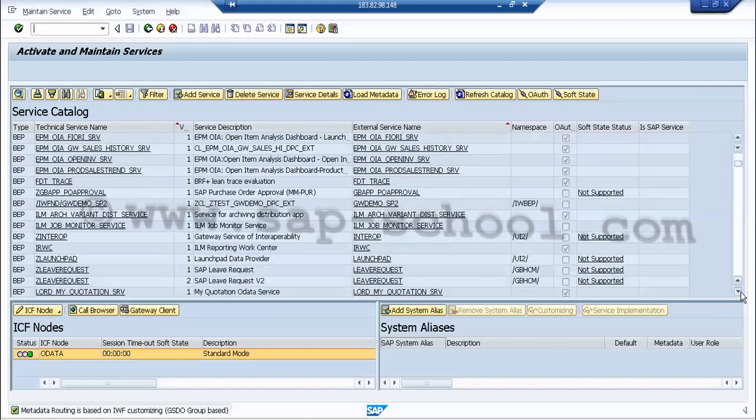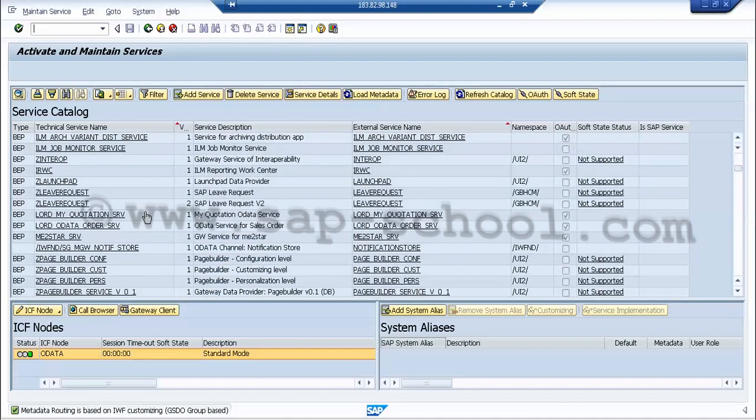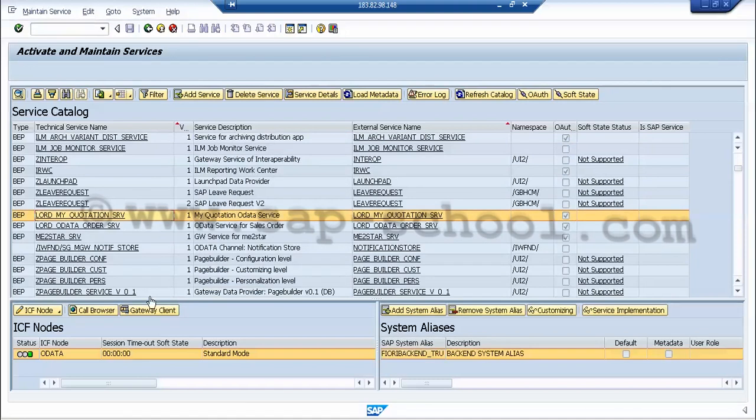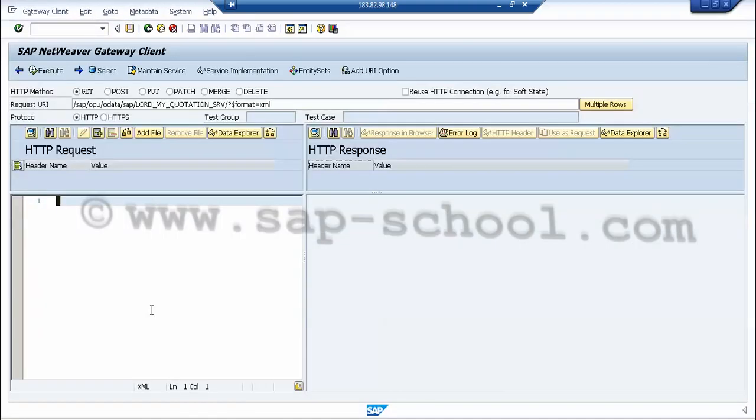So this is the one. So we have to go to the gateway client, and we have to get the metadata of this service. So what I will do, I will just change this URL to enter the metadata here. After that, once done, we have to click on the execute.